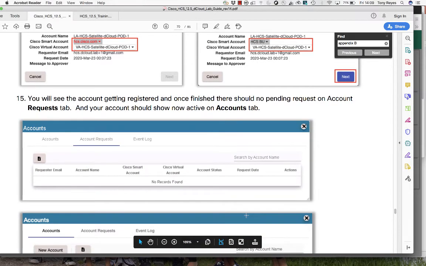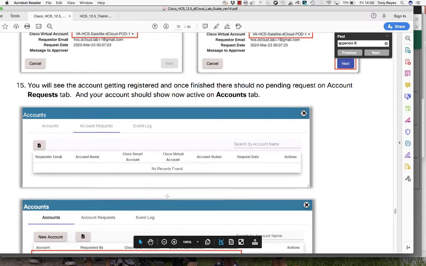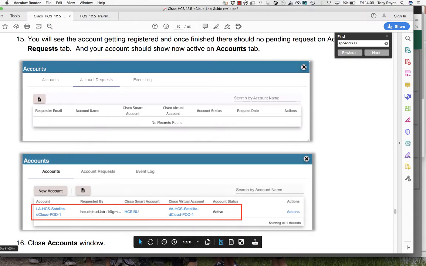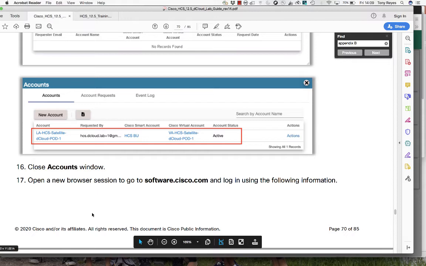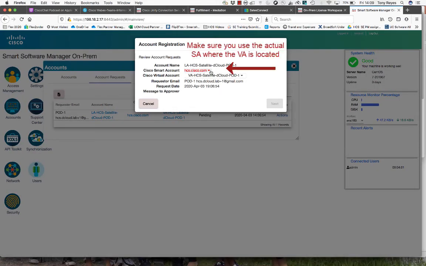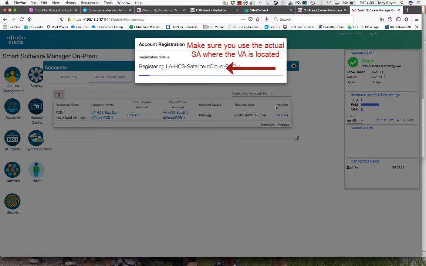And once you see that, you will see that there were no pending requests on the accounts tab, and you should now show an active account on this. So let's close the accounts window. Let's go do that. So it says to choose this guy, part 1, click next. It says registering that account to the satellite